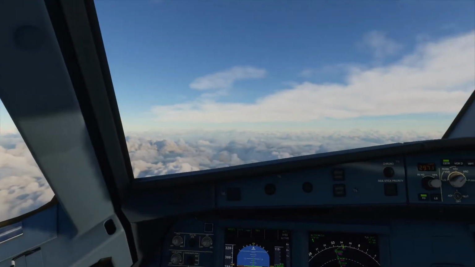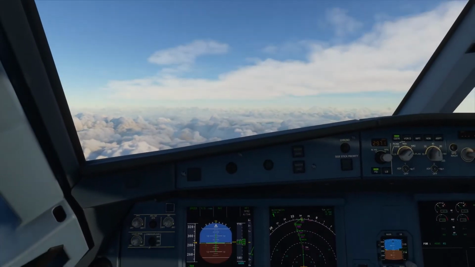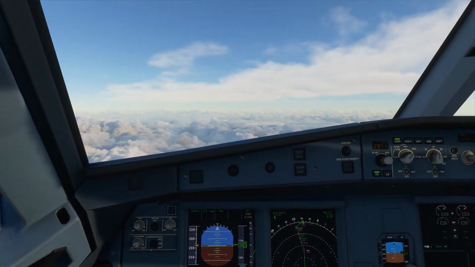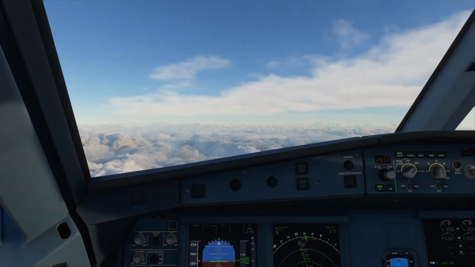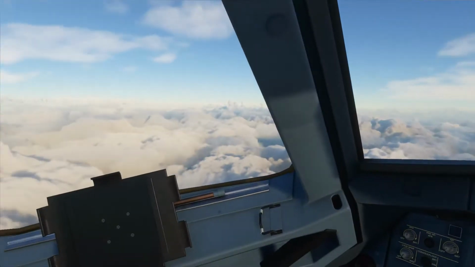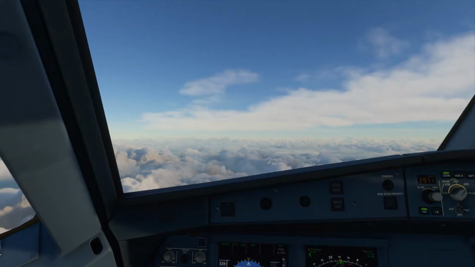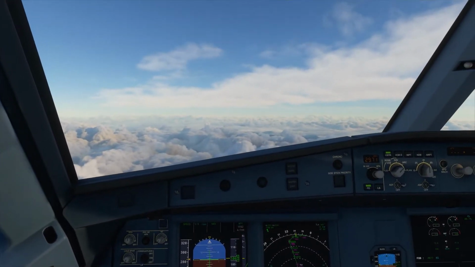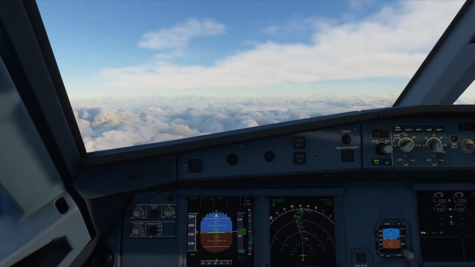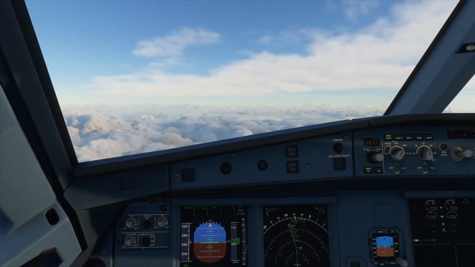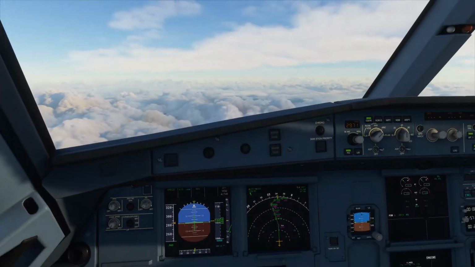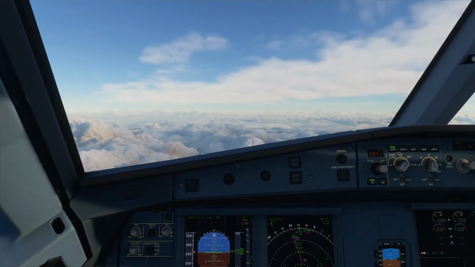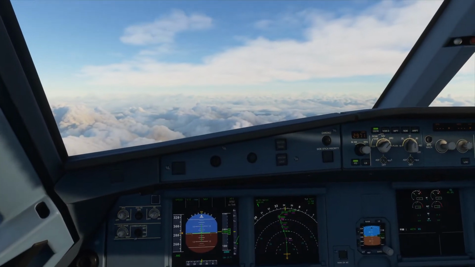Again, the only real issue I have with the sim so far is, well, one, that it's crashed a few times, but you kind of expect that from a flight simulator. And it's only crashed under the same scenario every time, so maybe it's just an issue loading flights. But the air traffic control is really the big issue that I have. It's actually significantly worse than either FSX or P3D air traffic control, so I'm not really sure what Microsoft was thinking there. Maybe it's just a very early stages air traffic system and they're planning to pad it all out later on, but at the moment the voices sound worse, more